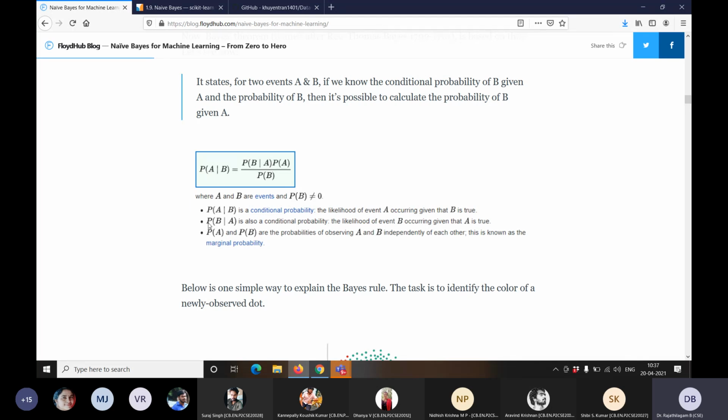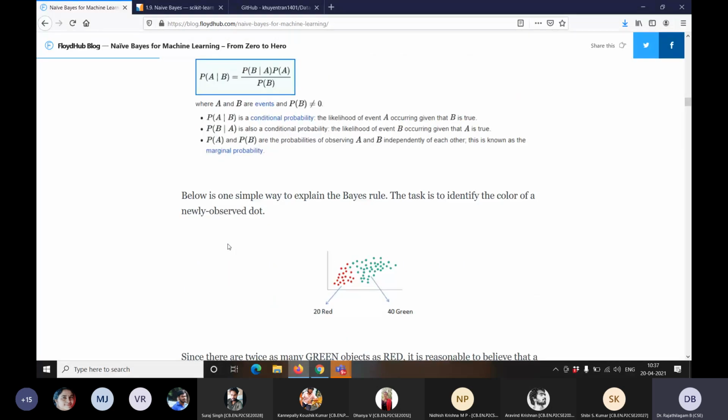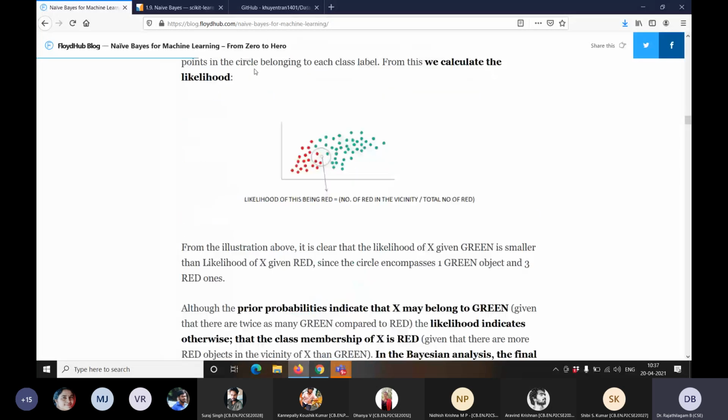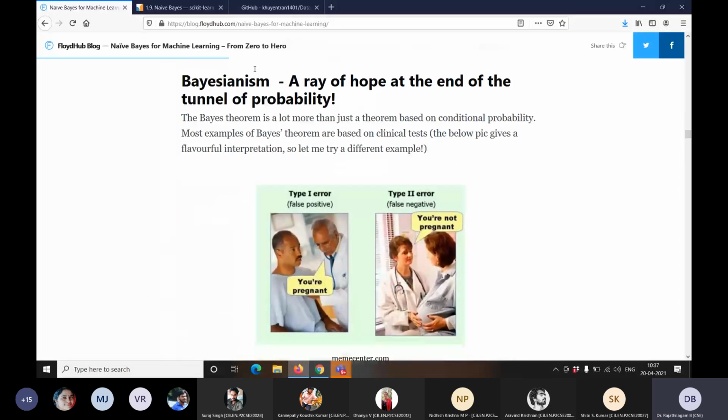So probability of B given A is also conditional probability, and P of A and P of B are marginal probabilities. Now having understood this, you should have probability of B not equal to 0. Only then this theorem is valid. So we looked at this example. Now based on this,